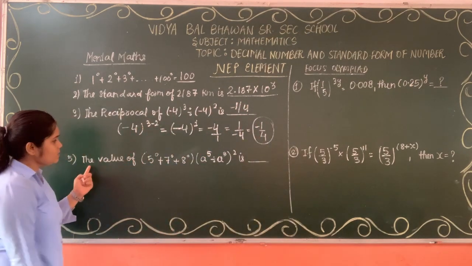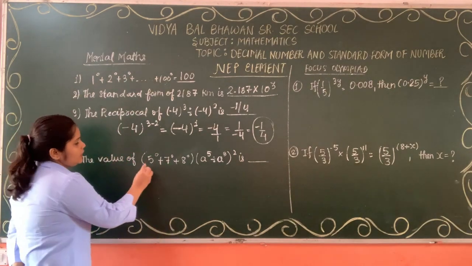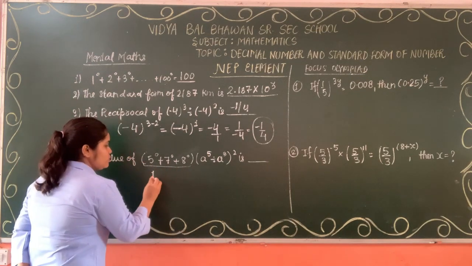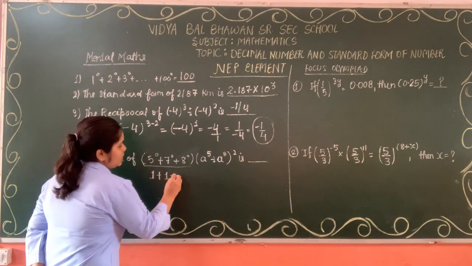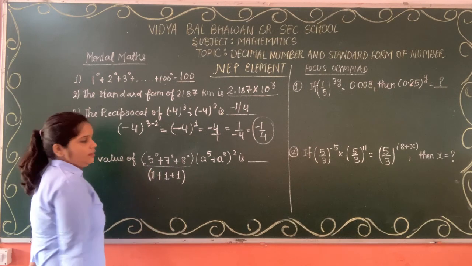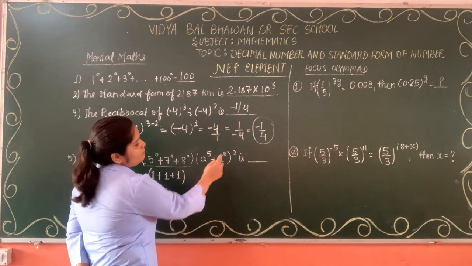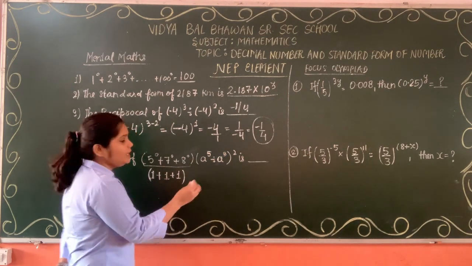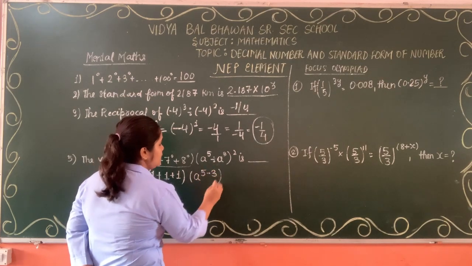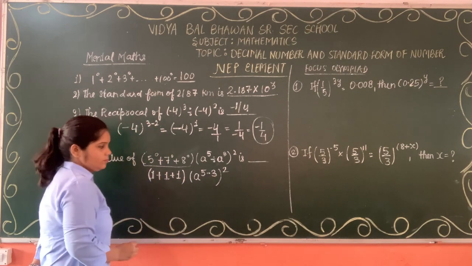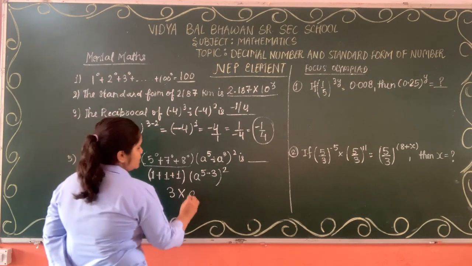After that, next one, value of this arrangement. So here you can see this one, 5 raised to the power 0 is 1, 7 raised to the power 0 is 1, 8 raised to the power 0 is also 1. In this bracket, you can see same base, different powers being divided, so powers will be subtracted. So it will be a raised to the power 5 minus 3, which is a raised to the power 2. Now 1 plus 1 plus 1 is 3, multiplied by a raised to the power 2